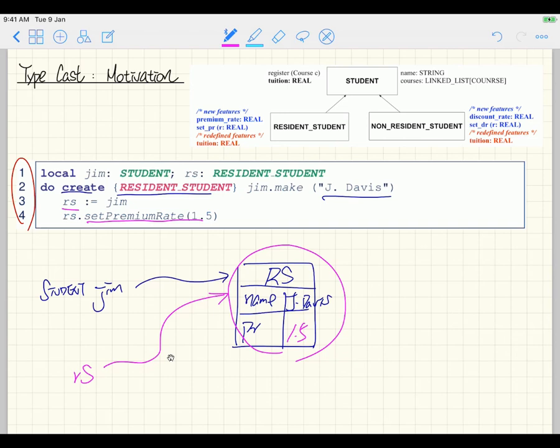RS is set to Jim, okay? You're saying that line shouldn't compile. Actually, we just talked about it, right? Because in this case, we know that Jim, whose static type is student, does not have at least as many expectations as the static type of RS, which is over here, right? However,